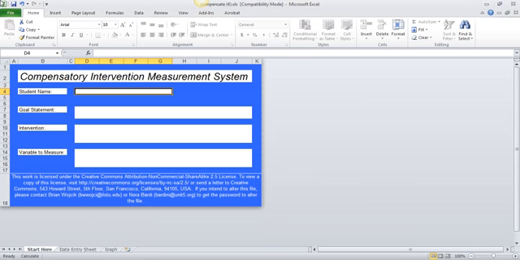The Compensatory Intervention Management System is done under Creative Commons, and if you would like to tweak this in any way, shape, or form, just contact either of the two people noted down here and we'll go ahead and give you the password to alter the file. The first thing that you do is put in the student's name. You put in the goal statement,